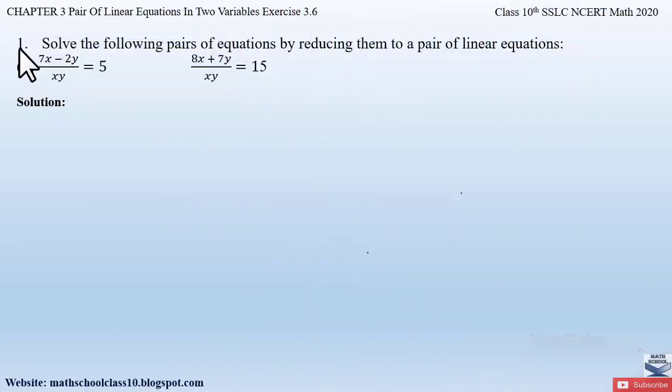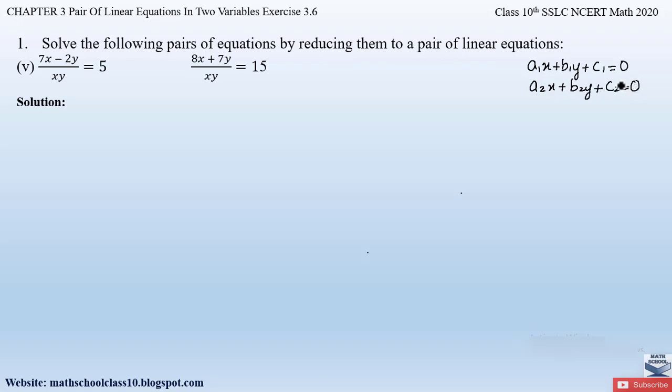Part 5 from question number 1, exercise 3.6, chapter 3, pair of linear equations in two variables says, solve the following pair of equations by reducing them to a pair of linear equations. So these are the two given equations where first we have to reduce them to a general form of pair of linear equations, which is given by a1x plus b1y plus c1 equal to 0 and a2x plus b2y plus